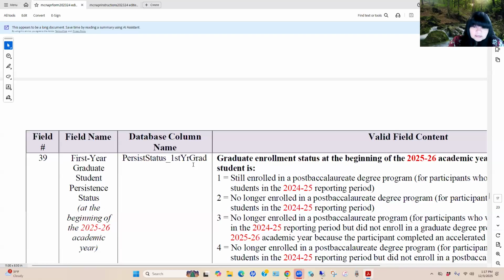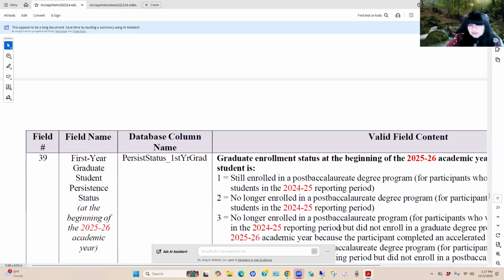Okay. So I know it's a little bit kind of squirrely, I want to say, because my intention is always wanting to tell them, well, they're in graduate school. And for the majority of us, we don't report that first year for the fall of 25 until the 25-26 reporting period. Okay. So I know that was kind of wordy, but it will help you if you think about that: I don't tell them that till next year.